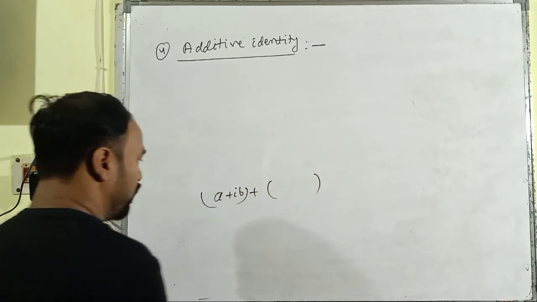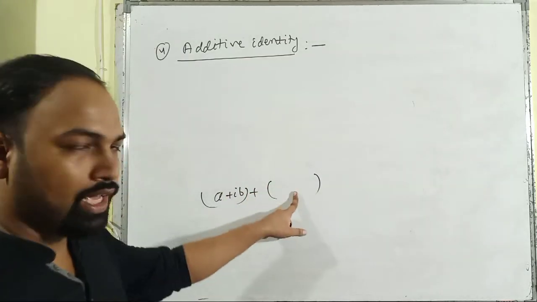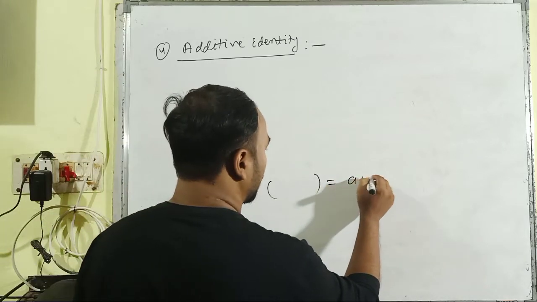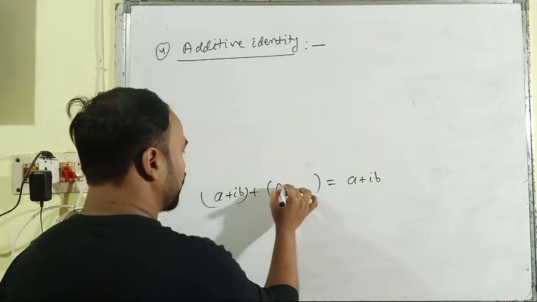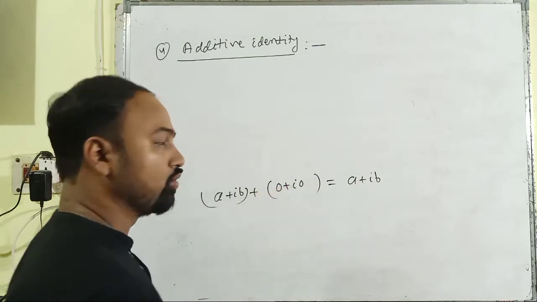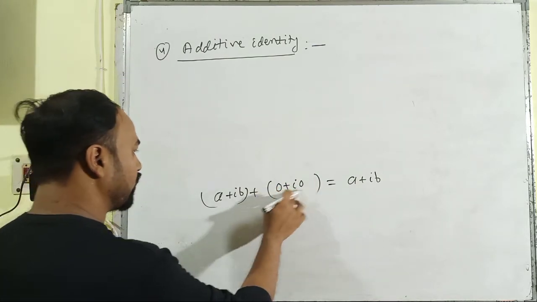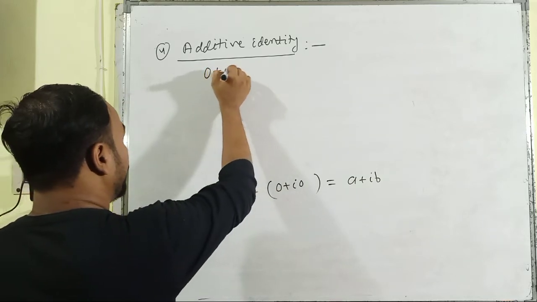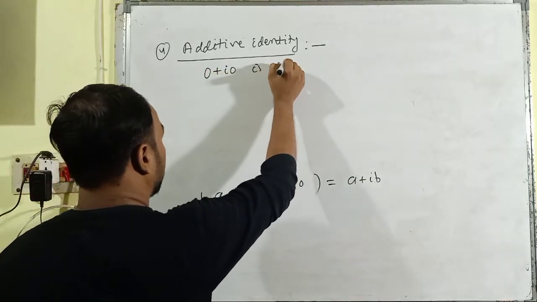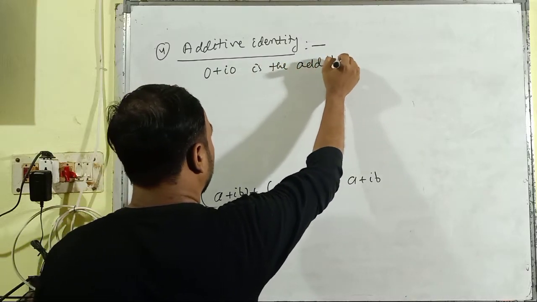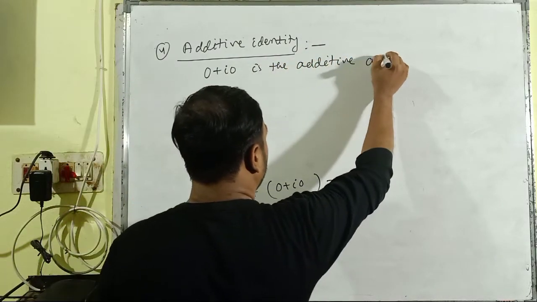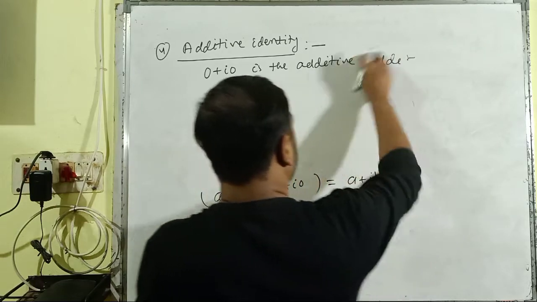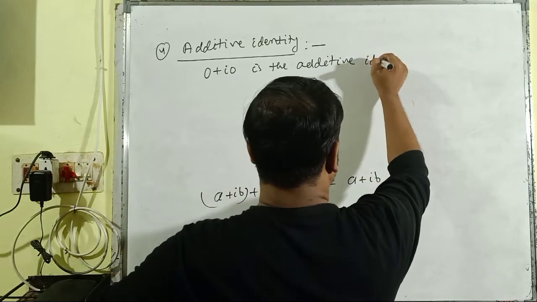Which complex number can be added to a plus ib and again give us a plus ib? That complex number is 0 plus I0. So you can write here, 0 plus I0 is the additive identity